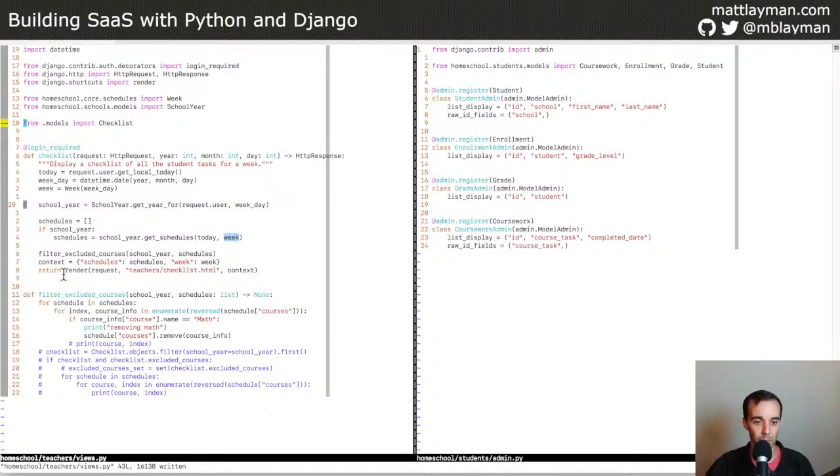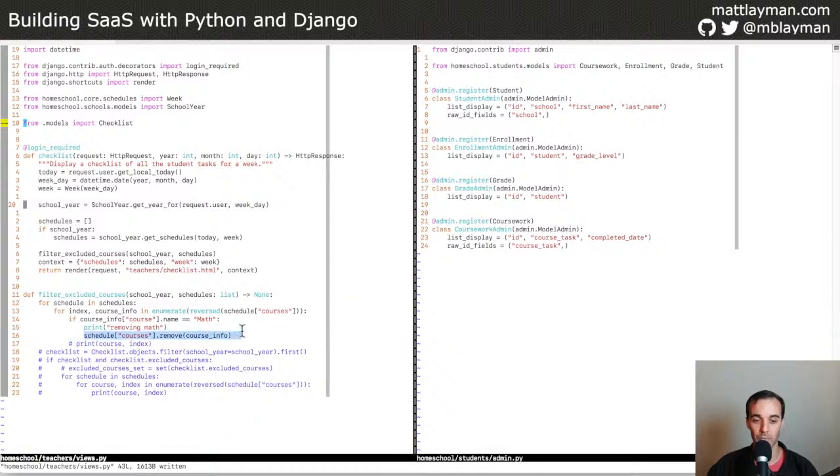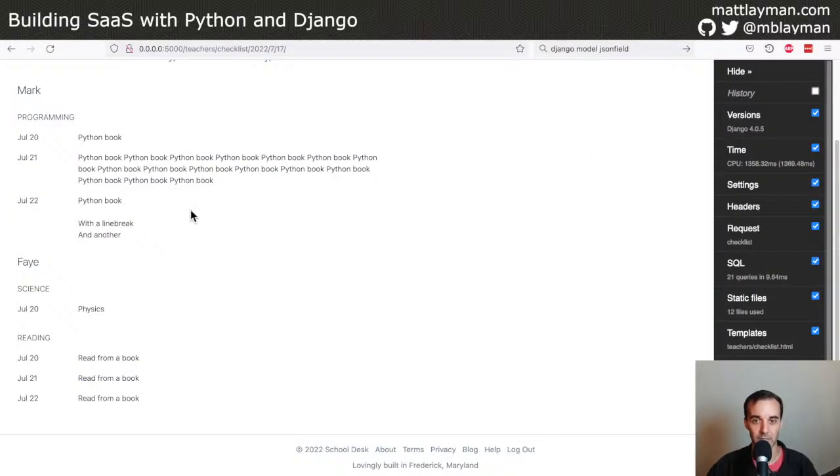What we're doing with this filtering part right now is we're saying, look at that list of stuff that was already calculated. And in that list, take out the things that I'm telling you to take out. So we're taking out the math class. We're going over all of the courses that we can find, and if anything happens to be named math, we're taking it out and deleting it from the schedule with that remove method. Because remember, this thing right here, courses in this dictionary, is a list. And so it's taking the dictionary out from that list. In other words,